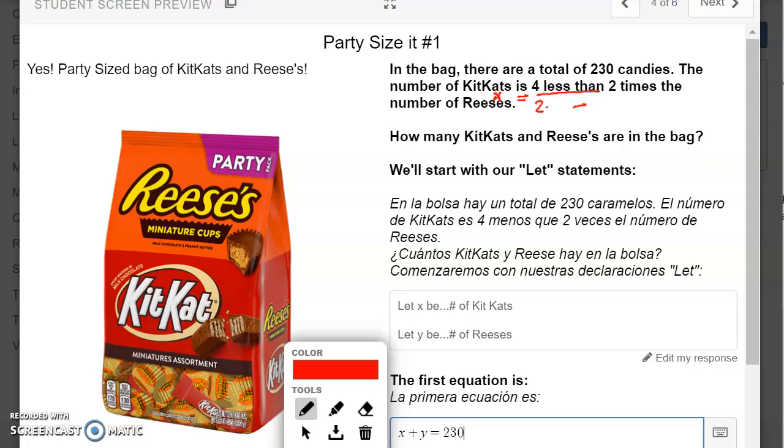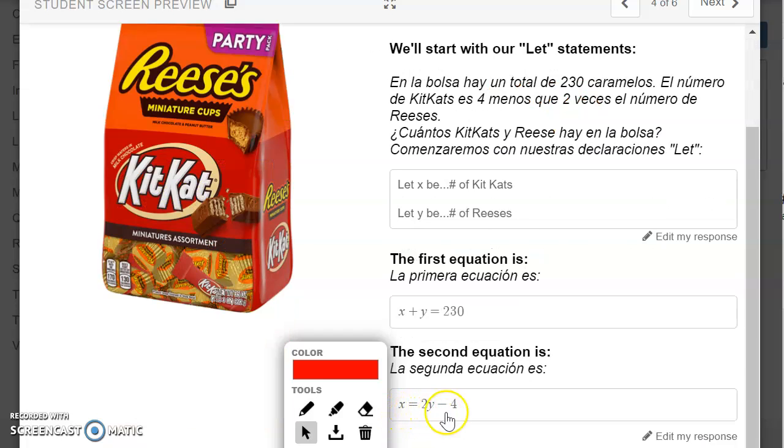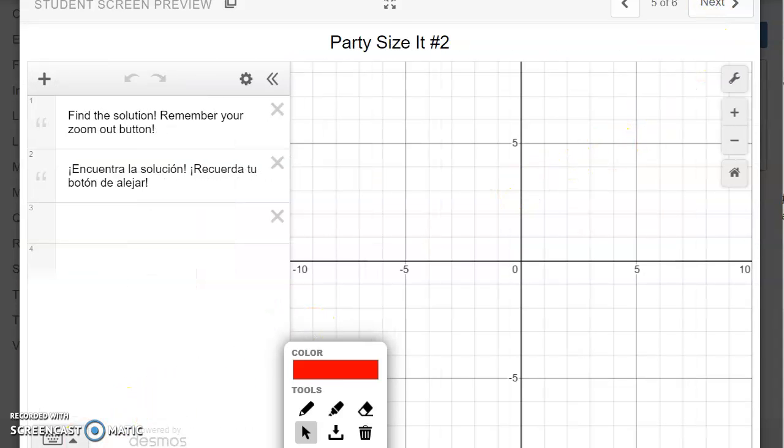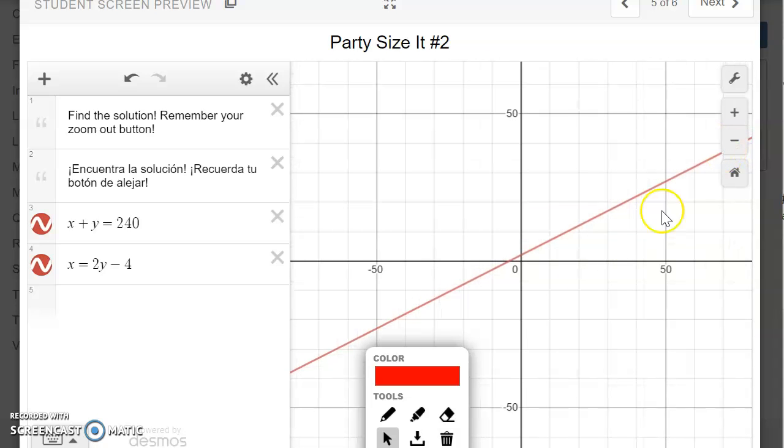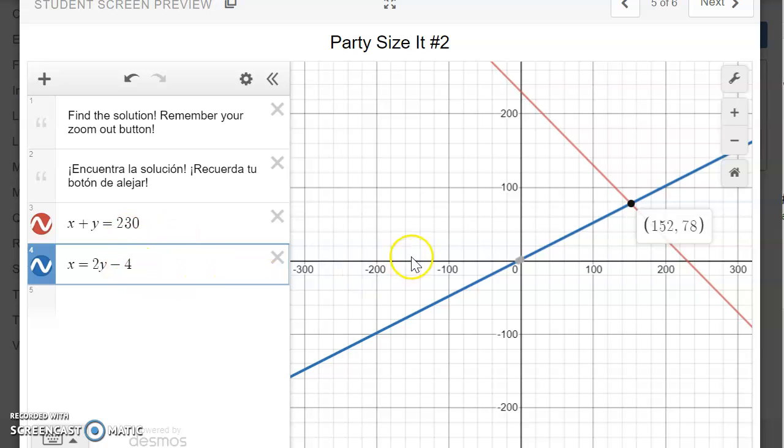So 2 times the number of Reese's. The number of Reese's we said was y. So it's 4 less than. So we are multiplying the number of Reese's by 2, and then to that you're subtracting 4. So that becomes x is equal to 2y minus 4. So I type in x is equal to 2y minus 4. And then on the next slide, I get to graph that. I have graphed it, but I don't see it, so I need to zoom out. When I do that, I get my intersection to be x is equal to 152, number